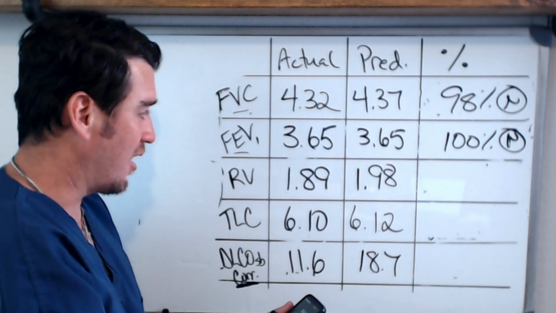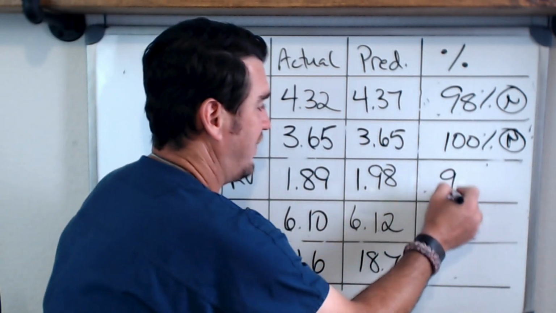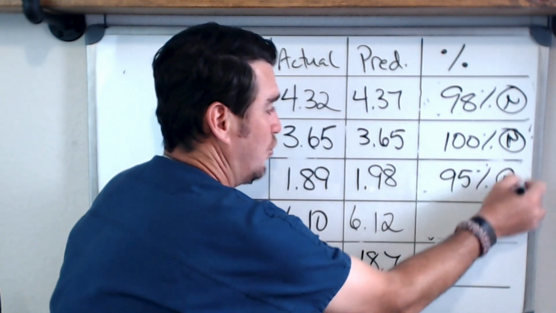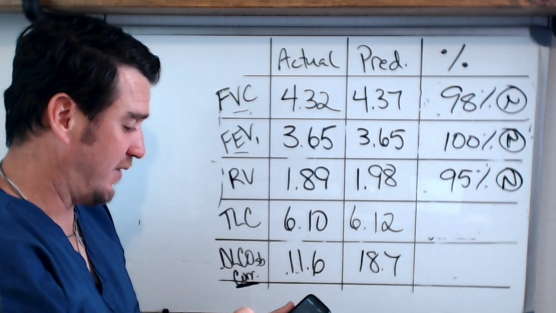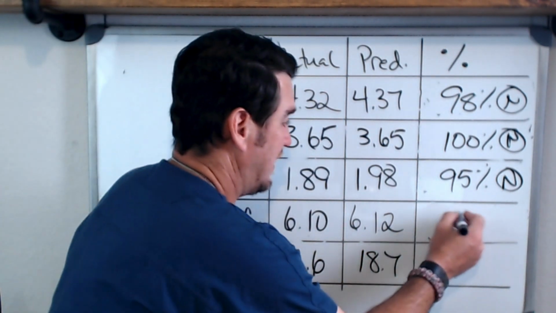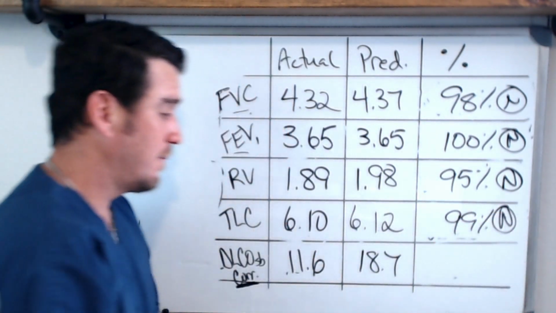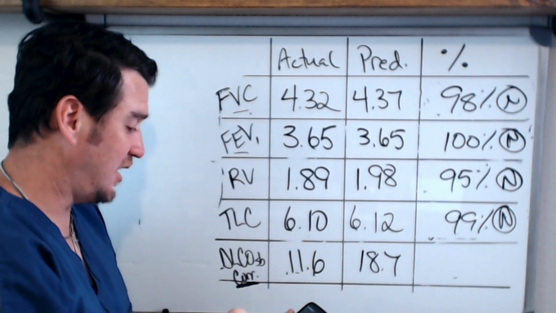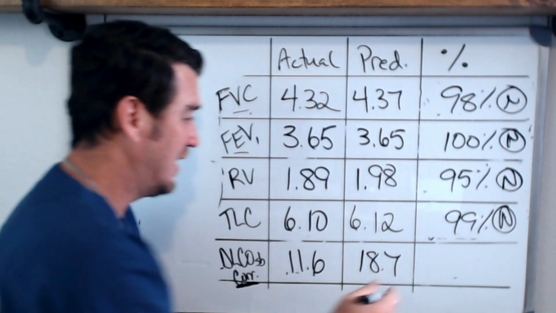Okay? When we look at our RV, we get 1.89 divided by 1.98, and we get 95%. This is normal. When we look at 6.1 divided by 6.12, we get 99%. Again, normal. When we get to DLCO, we see 11.6 divided by 18.7, and we get